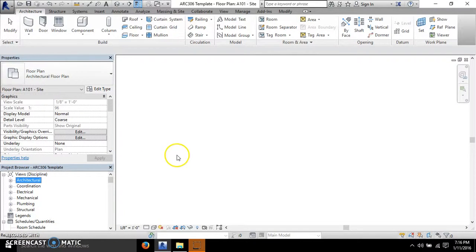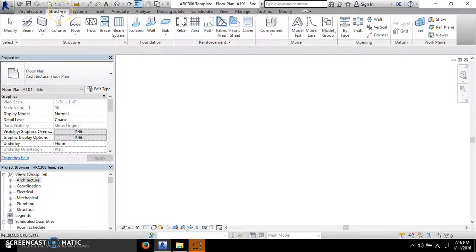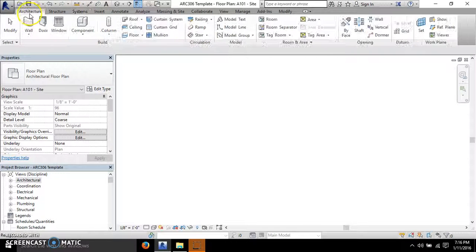Okay, so continuing on, where we left off are these tabs, and each tab is actually called a ribbon, and this whole thing is called a ribbon itself, but each tab is a ribbon. That's how they want to call it in Revit. So this is the architecture ribbon, structural ribbon, systems ribbon, and then each ribbon has its own kind of